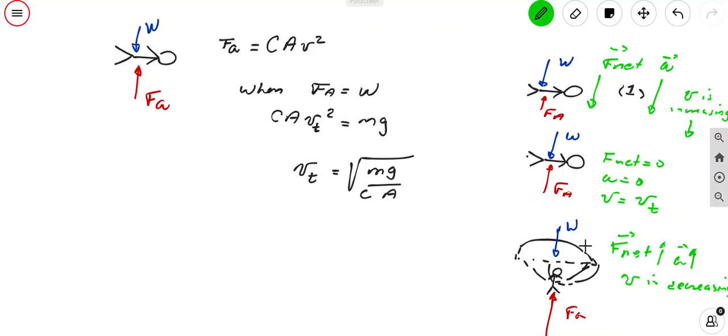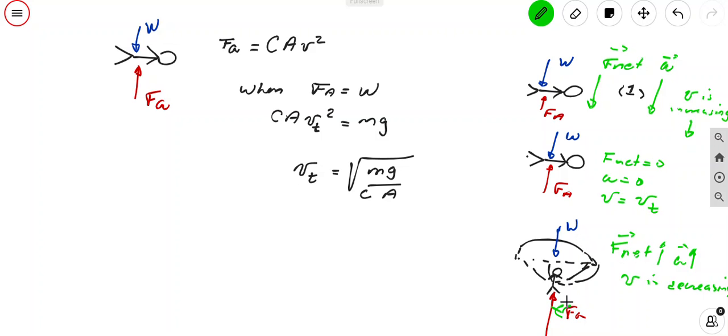So what happens? You open the parachute, and when you open the parachute, now the force of the air is just larger because the force of the air depends, right, on the area, and we have a higher area because it's the area of the surface of the parachute involved here. So since now the force of the air is greater than the weight, we have now a net force in the opposite direction. So we have now an acceleration in the opposite direction, and the velocity of the person falling down is decreasing until